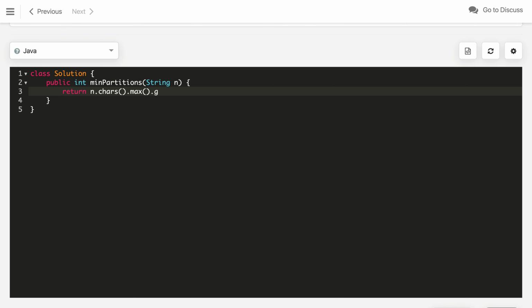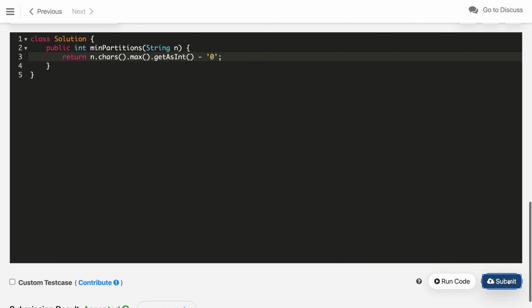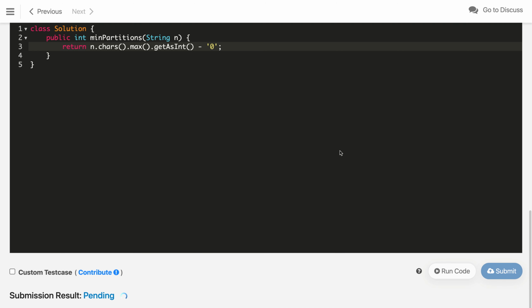Then we get it as int, and now we have the max ASCII value, so we need to subtract the '0' digit as well. So this will be the one liner solution. Let's submit this as well. It's taking too much time running, maybe, yeah, it got accepted.